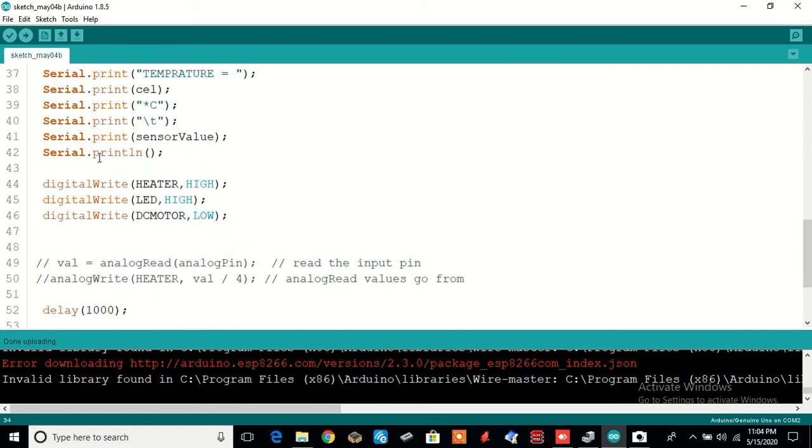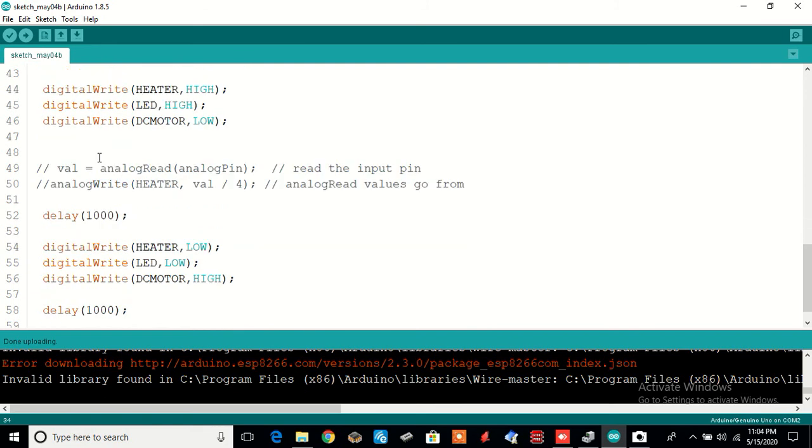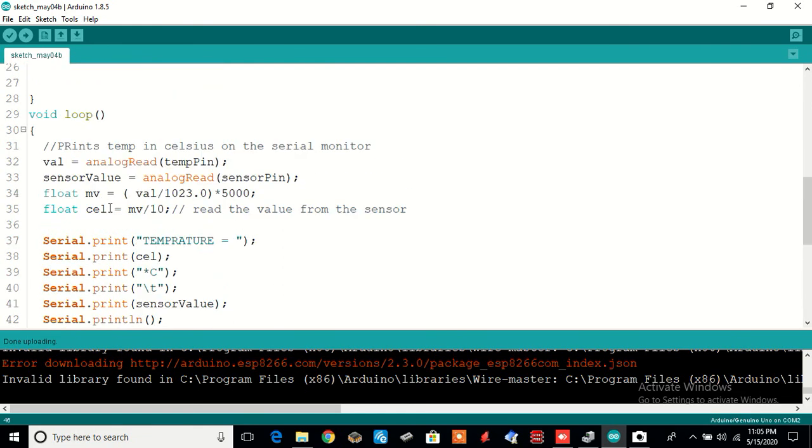Serial print will always print the data, and if you want to switch on or off, as I said, high means it will be off, low means it will be on, and in between, if you want a delay, you can use the delay function. Since this void loop is an infinite loop, this will keep happening again and again.